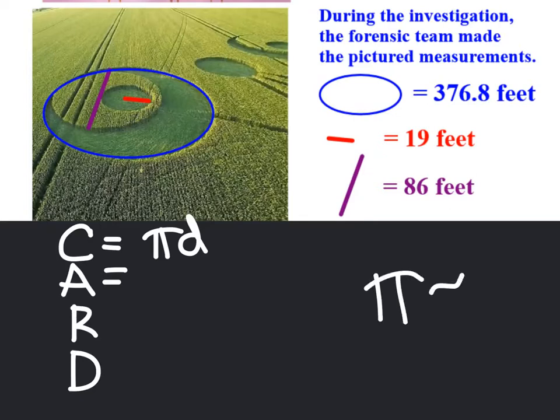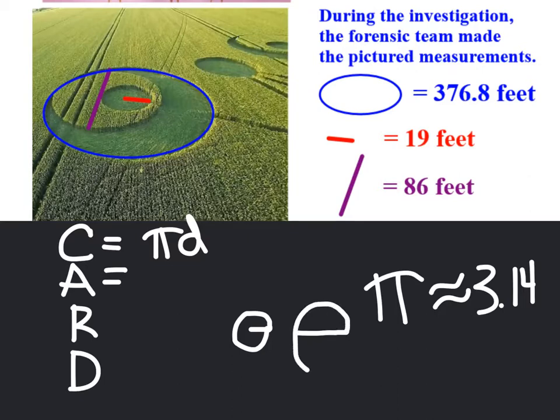Pi, in my class, we're going to use approximately 3.14. And what is pi? It's the ratio of how a circle grows. So every time the circle grows 1 across, it grows 3.14 around. So if it were 2 across, then it'd be 6.28 around. And if it were 3 across, it would be 9.42 around. So on and so forth. Every time a circle grows 1 across, it grows